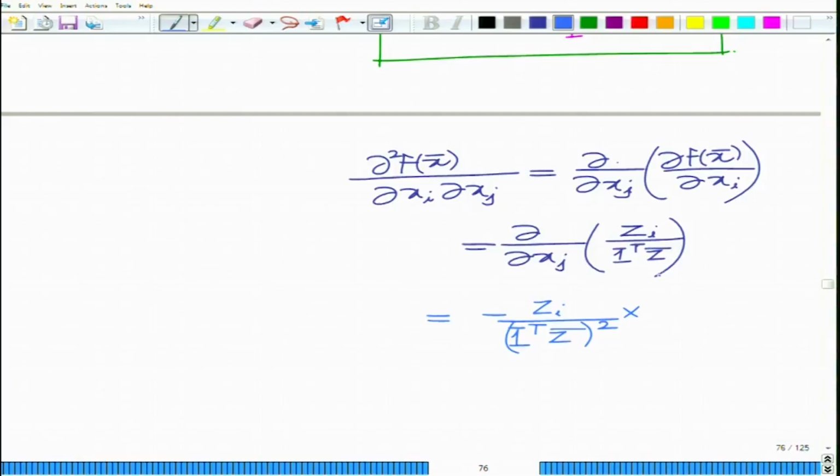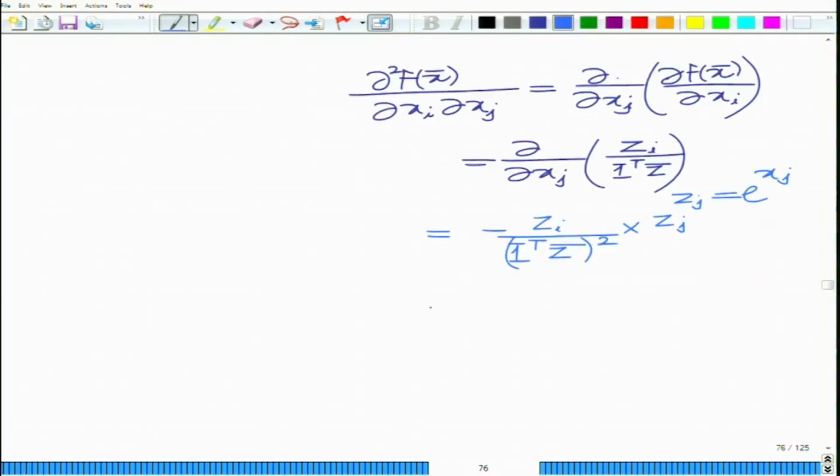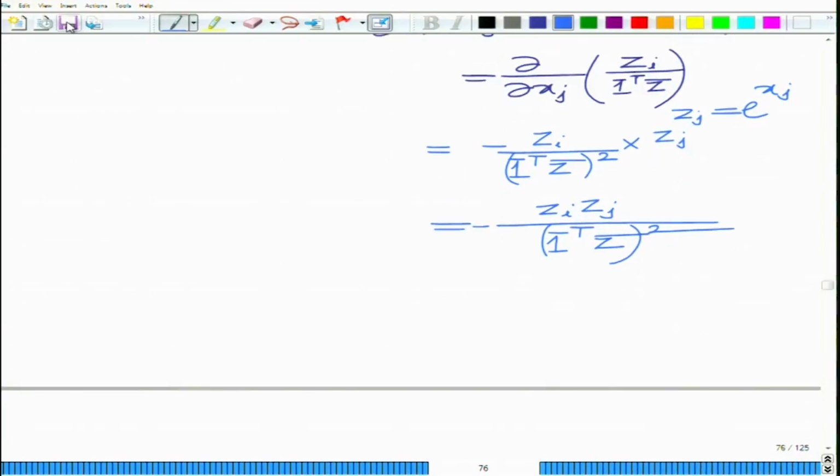Remember, zj equals e raised to xj. When you differentiate it with respect to xj, you are left with e raised to xj, which is again zj. So this component is minus zi zj by 1 bar transpose z bar square. Now, on the other hand, if you compute the second order derivative with respect to xi itself,